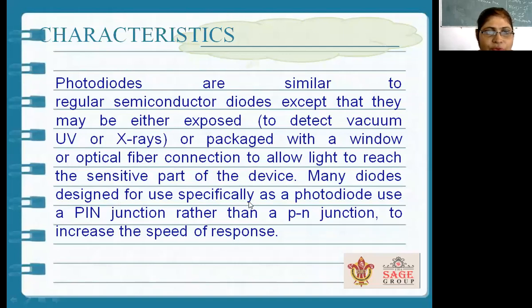Many diodes are designed for use specifically as a photodiode, and use a PIN junction rather than a PN junction diode. The PIN junction is used rather than a PN junction diode to increase the speed of the output or response.